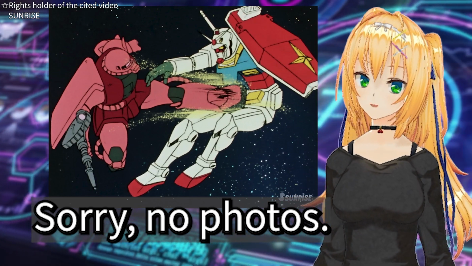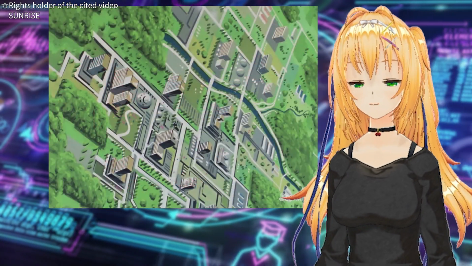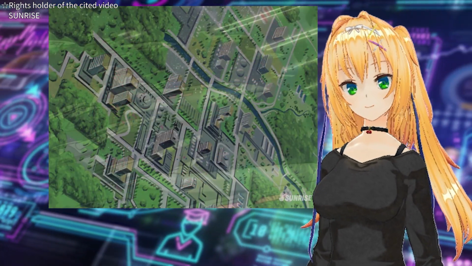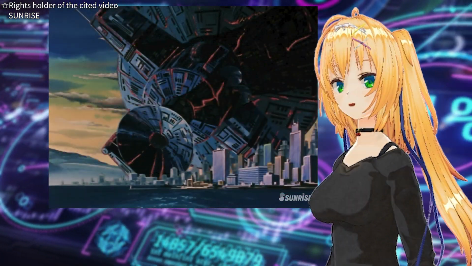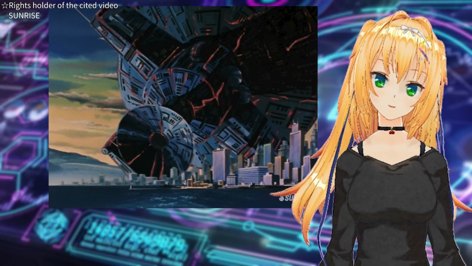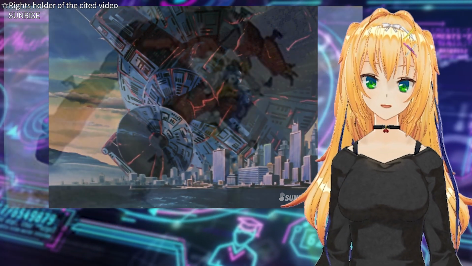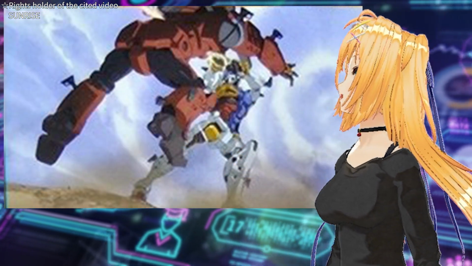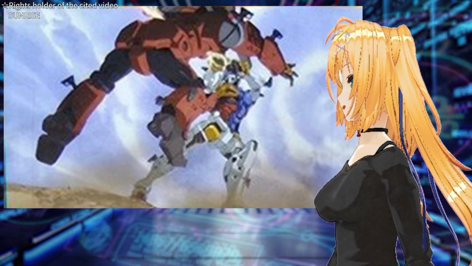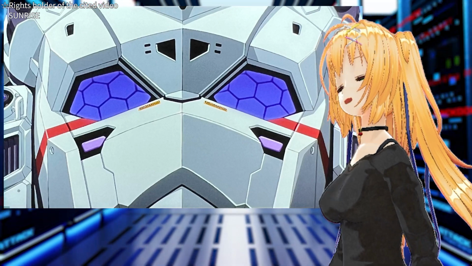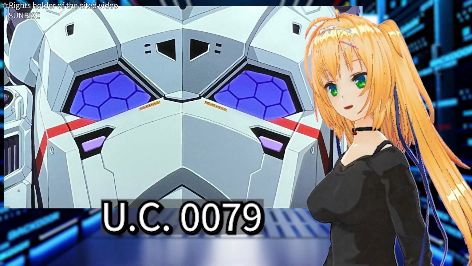Pay close attention to the opening scenes of Beginning as well. The shots of the space colony, the Zeon battleships firing their beam weapons, and the colony falling toward Earth. All of these scenes reproduce the framing of First Gundam with extreme accuracy. And yet, the moments when Char's Gundam is in action are deliberately reversed. The theme of reversal appears in other moments of Universal Century 0079 as well.